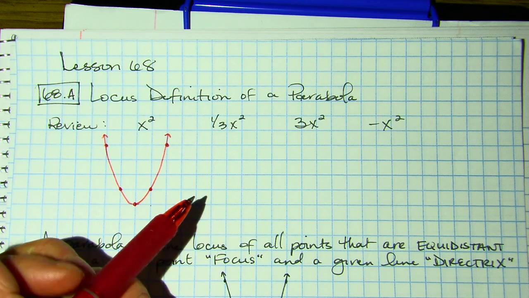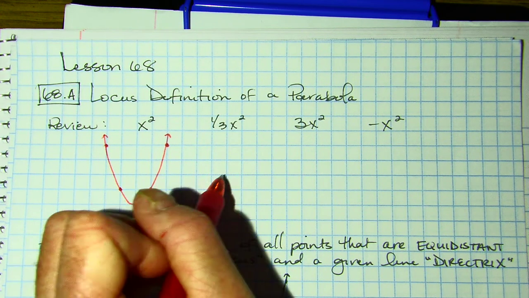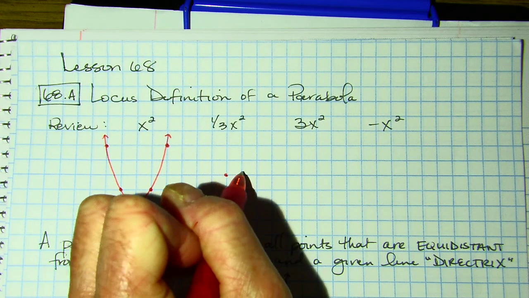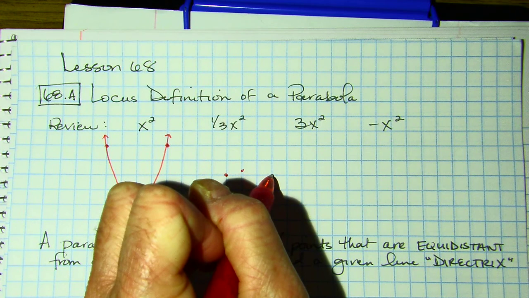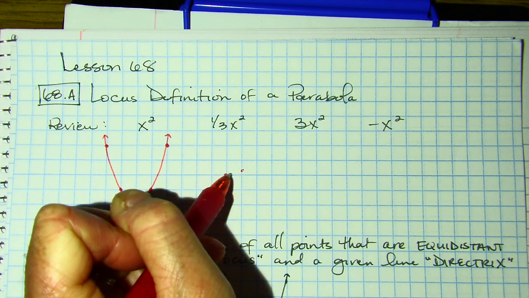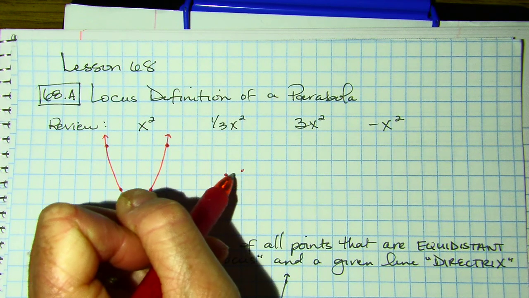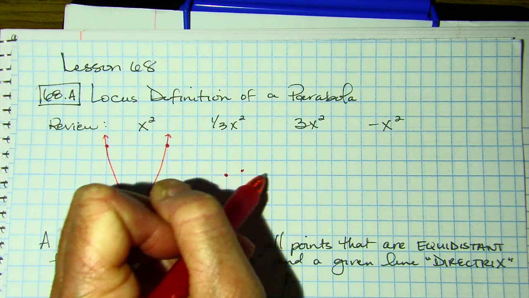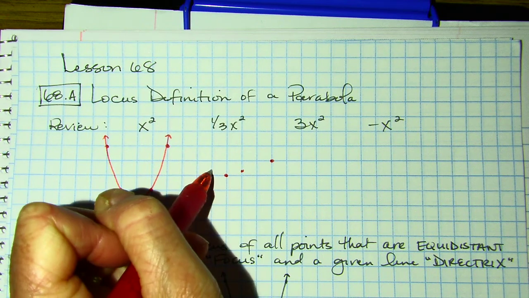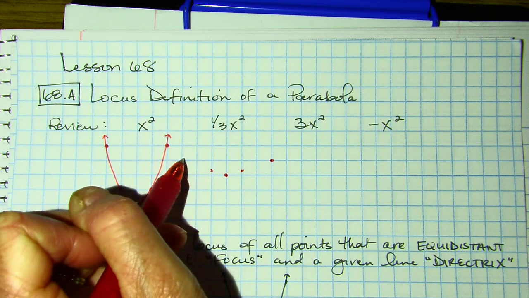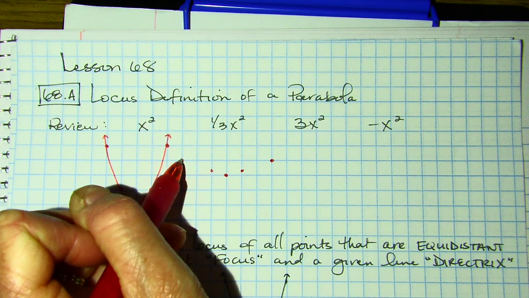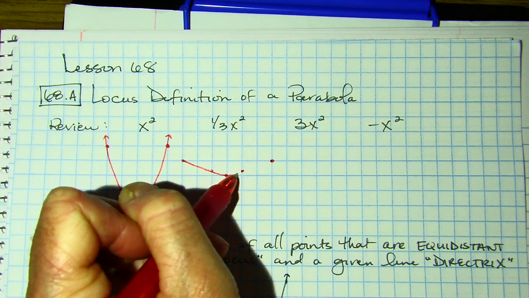So a fraction, the effect of a fraction is to actually widen a parabola. So instead of going over 1 and up 1, it's going over 1 and up 1/3. If I went over 3, I'd go up 1. And so the effect of a fraction is it greatly widens